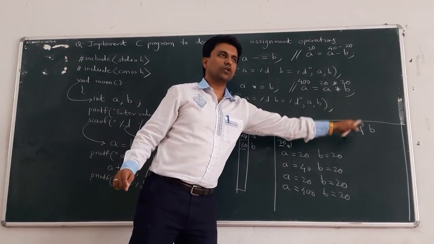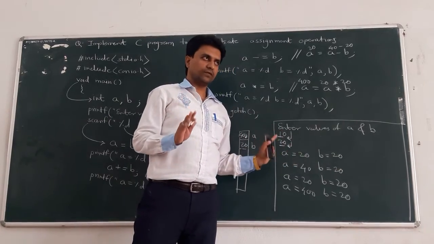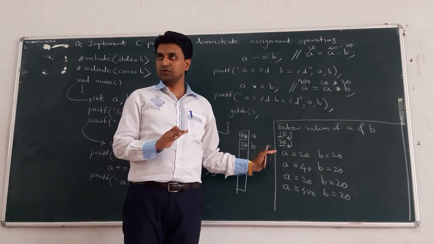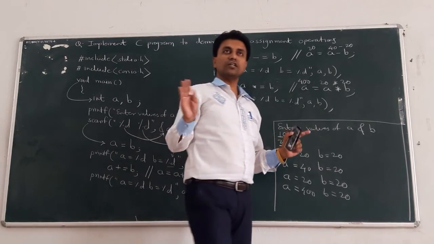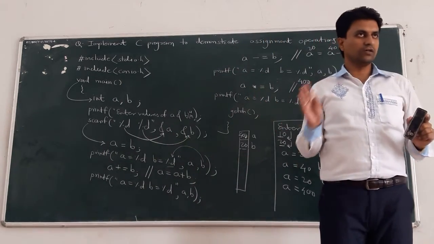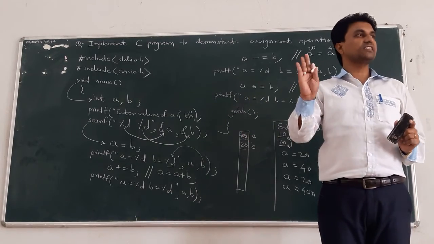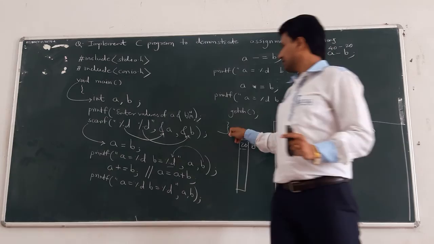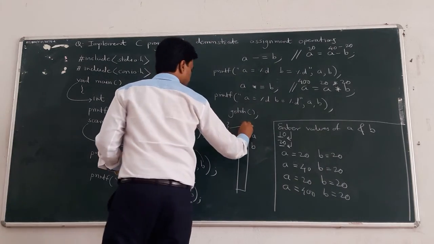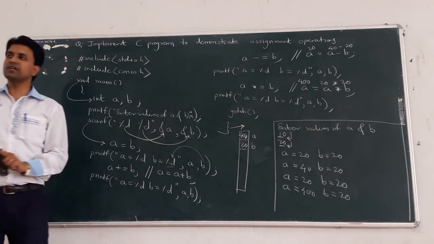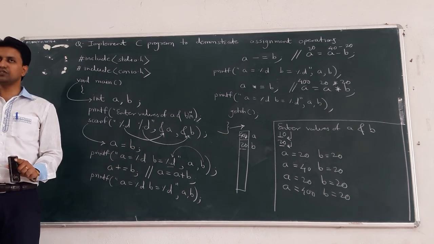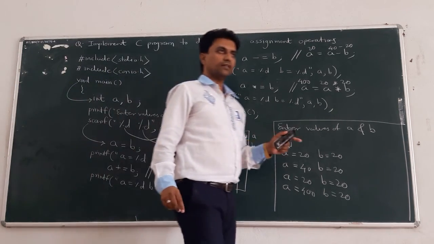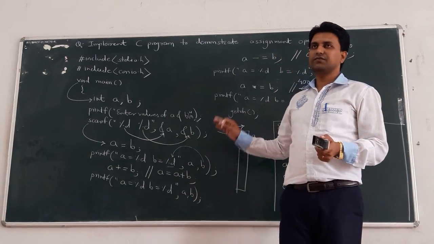That means this whole console gets frozen, stops. So what is the output you will see on the console? But getch's meaning is not to print output on the console. Its only meaning is to freeze the console or text mode window. Clear? And the last curly bracket is executed, that is the end of your program. Understood? What is the meaning of assignment operator? Clear? So today we will stop.